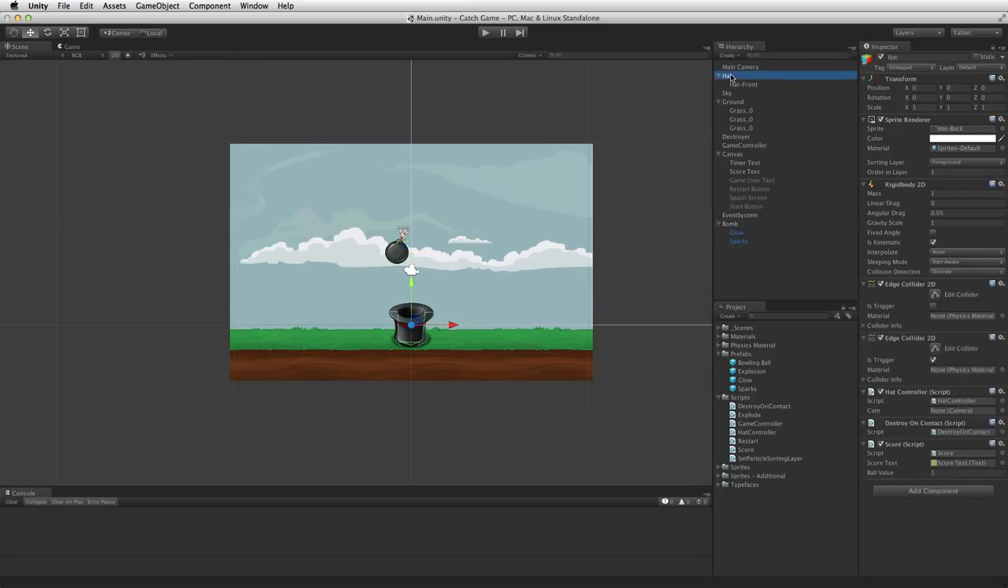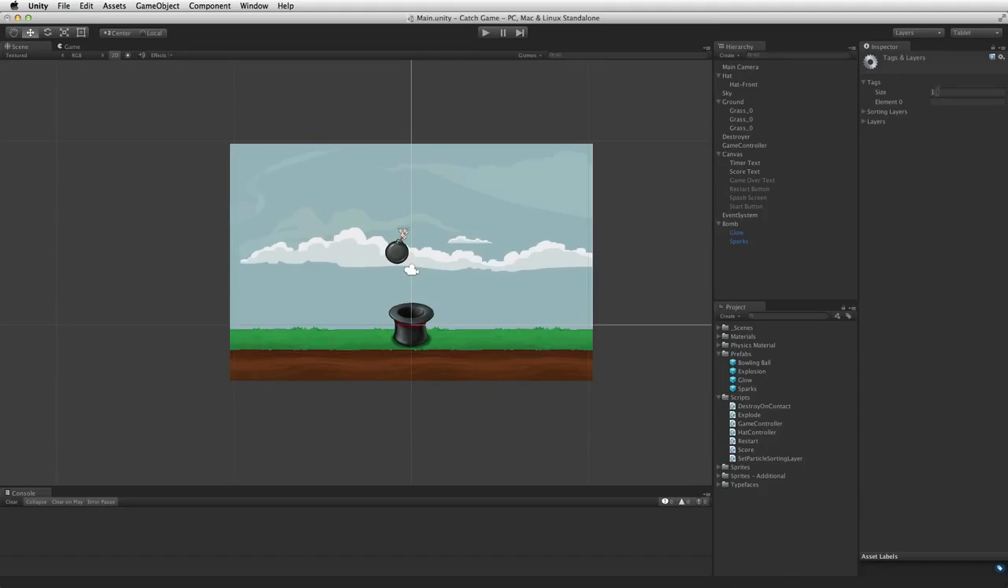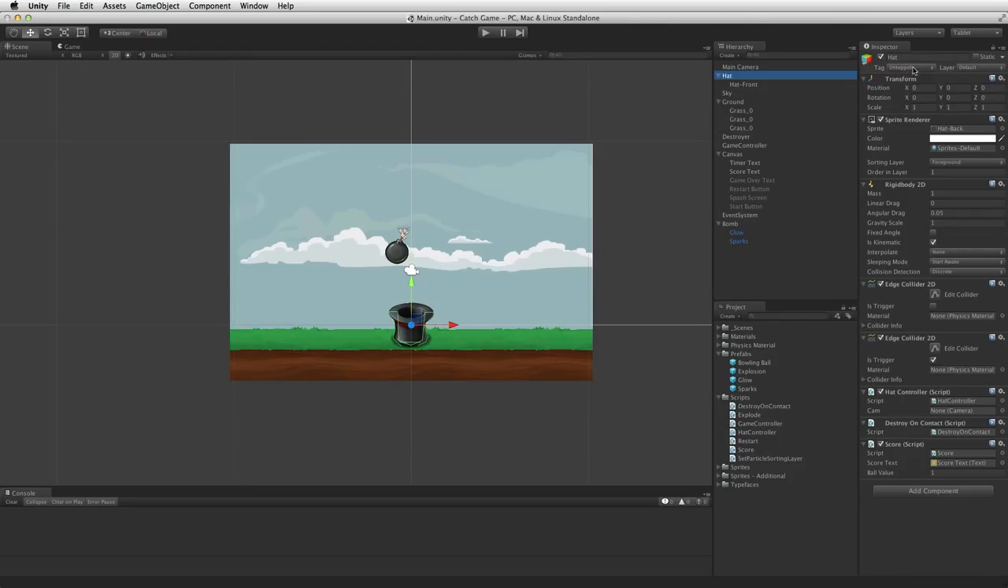So our hat needs to be tagged. There is no tag for hat right now, so we have to create a new tag. We go to add tag, and we add the tag of hat. Save this, and then come back to hat, and we can see that hat is still untagged. The first add tag takes us to the tags and layers window, where we can create a new tag called hat, but we still have to remember to come back and assign it. So now we can do that, save that, and